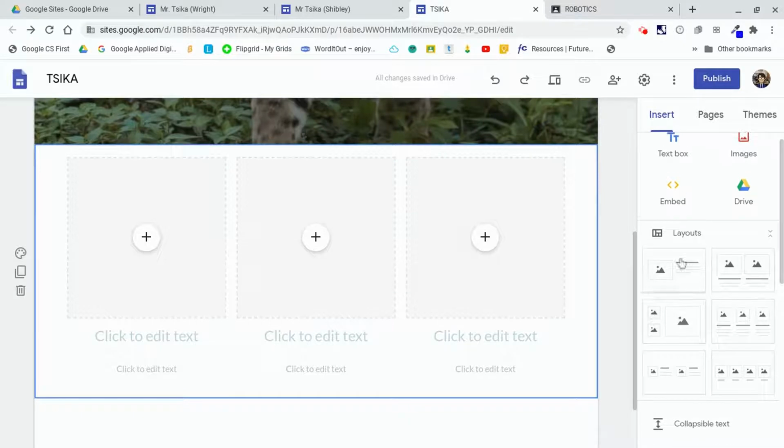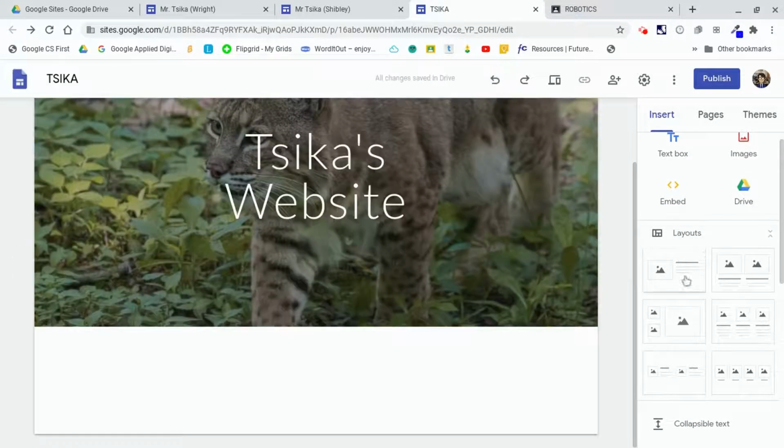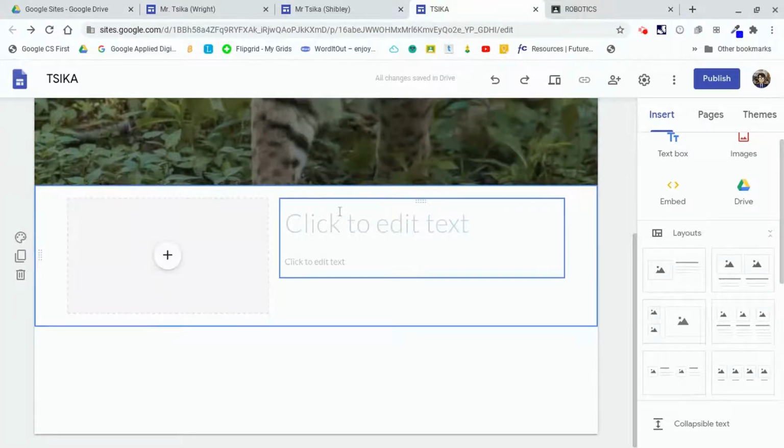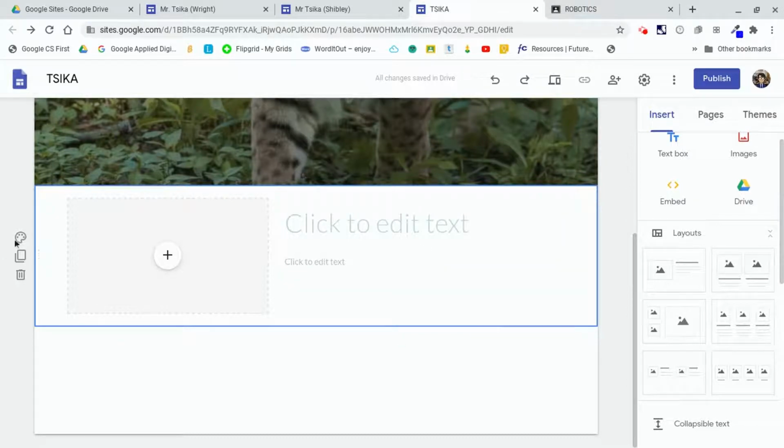I'm going to go ahead and use, let me undo that, this first one. I want an image or Google icon, Classroom image here. I want the title, and then I want a link here. But I don't like this white boring background, so I'm going to go ahead and look for some tools that